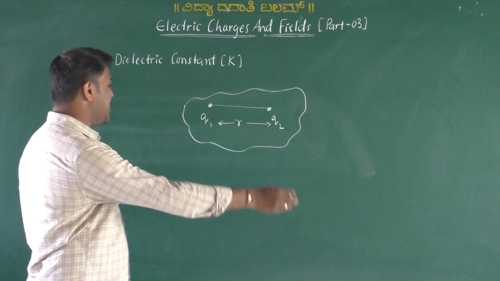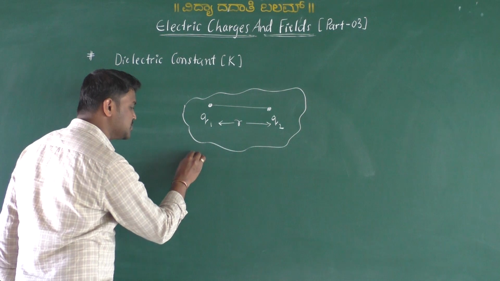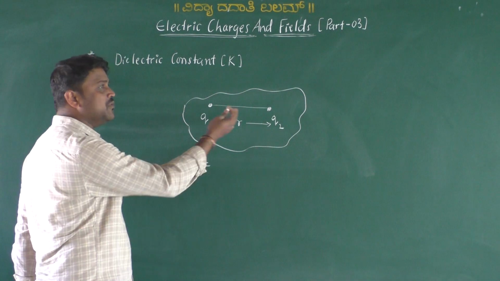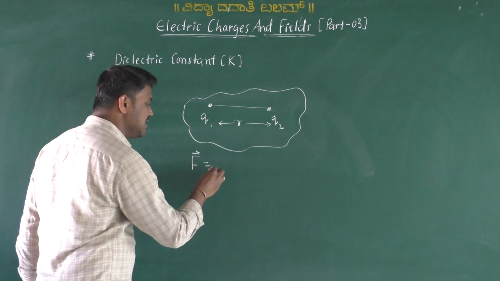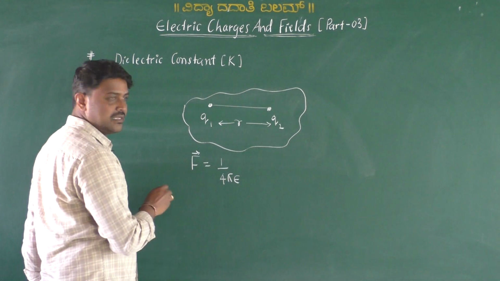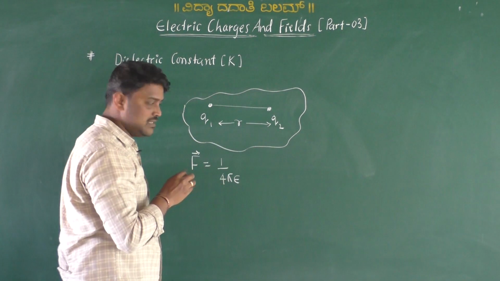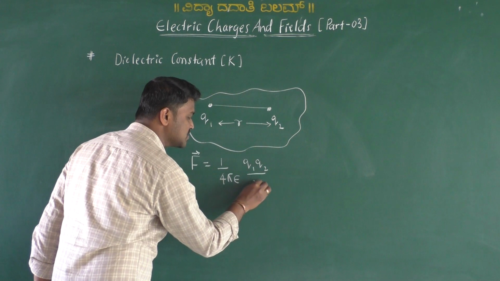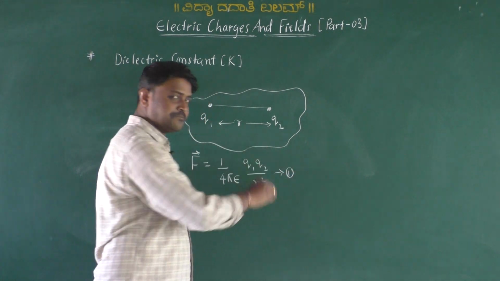So we know very well about electrostatic force. Vector F equals, because electric force is a vector quantity, there will be a force of attraction or repulsion irrespective of the medium. But since we have been given a medium, it is 1 upon 4 pi epsilon. There is no free space here because the free space is covered by a medium. Then as usual, Q1 Q2 divided by R square. Say it is called equation number 1.